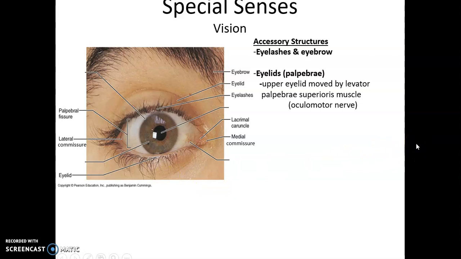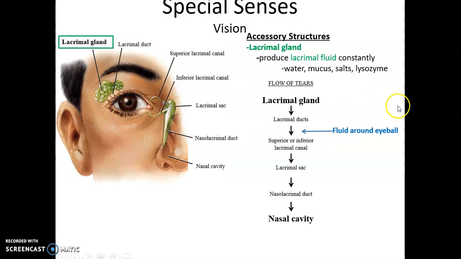The upper eyelid is actually raised and lowered partially by the levator palpebrae superioris muscle, which is innervated by the oculomotor nerve. The eye also possesses lacrimal glands. A lacrimal gland produces lacrimal fluid, also known as tear fluid, which is mostly water with some mucus, salts, and lysozyme. Lysozyme being an antimicrobial